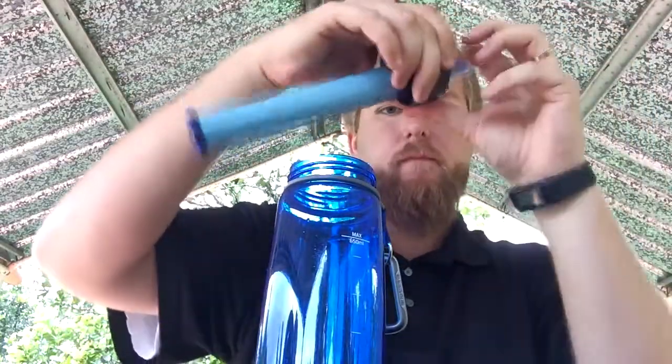Now, one of the features about this that you have to be careful of, because this is a filter and filters do get clogged if they're not cleaned properly, is that every single time you use this, and some people might find this annoying, some people might forget. Again, for me, it isn't really a big deal for the safety of it, and to not get sick for 2 weeks overseas, it's worth it. But every time you use it, you have to actually blow out the dirty stuff, what gets filtered. So you open it up, it's like this, and every single time, you just blow on it. You see little bits of water come out there, and I just pour it right back into clean water,